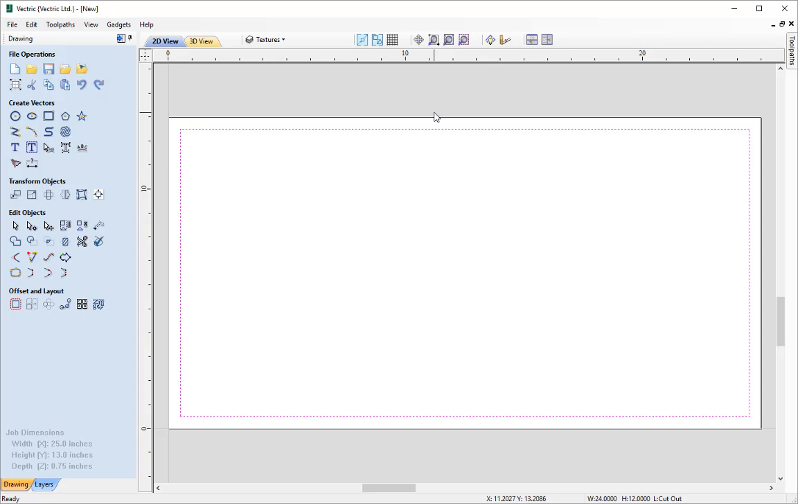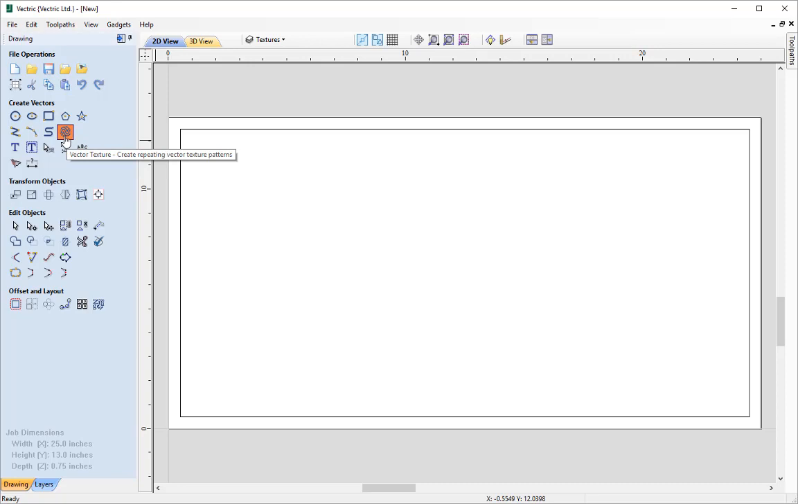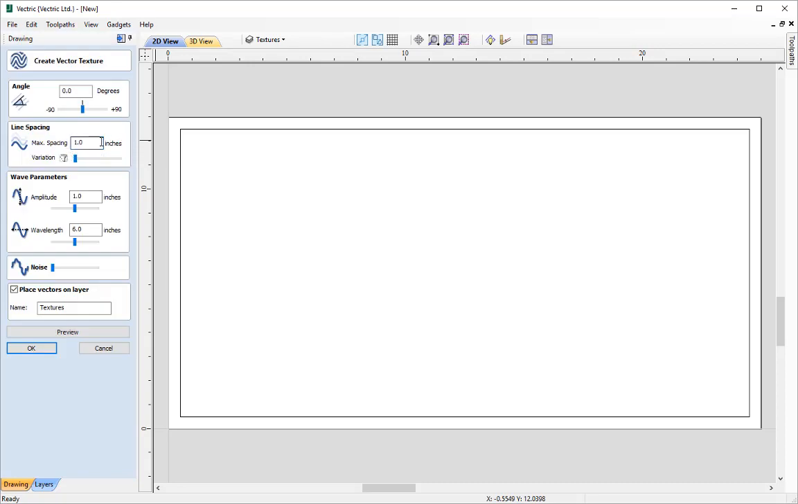So let's move on and create the first lot of our 4 textures that we're going to create. Let's go back into the vector texture form. Now before creating any vector textures, we should really think about how we actually want to toolpath these when it